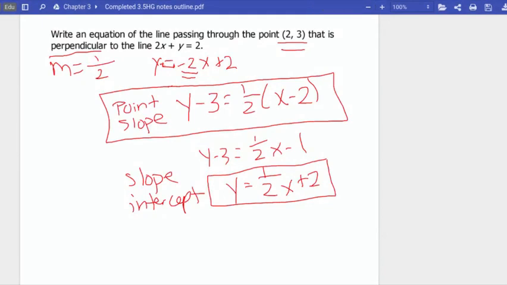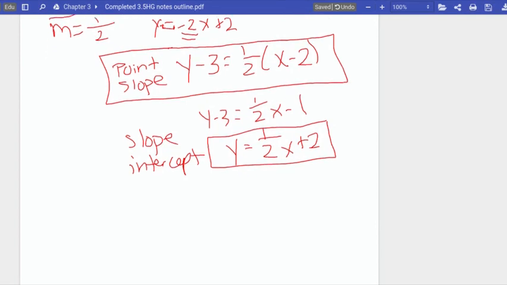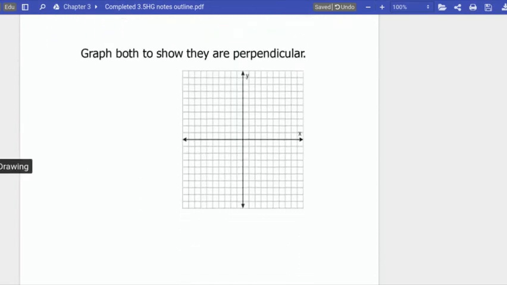So now we're going to graph again these two lines to show that they are perpendicular. So I'm going to graph them both in slope intercept form. So I have y equals negative 2x plus 2 and y equals 1/2 x plus 2. Now, it is a total coincidence that these have the same y-intercept. That normally doesn't happen. So I just want to note that that is a coincidence. But it does mean they're both going to have a y-intercept of 2. Now, my first one, from that, I'm going to go down 2 over 1, down 2 over 1, down 2 over 1,